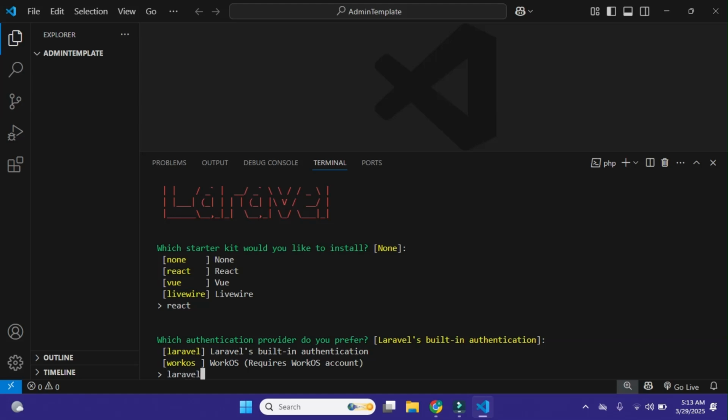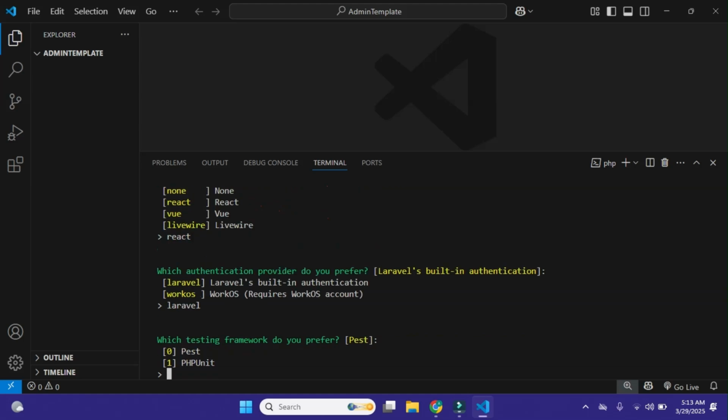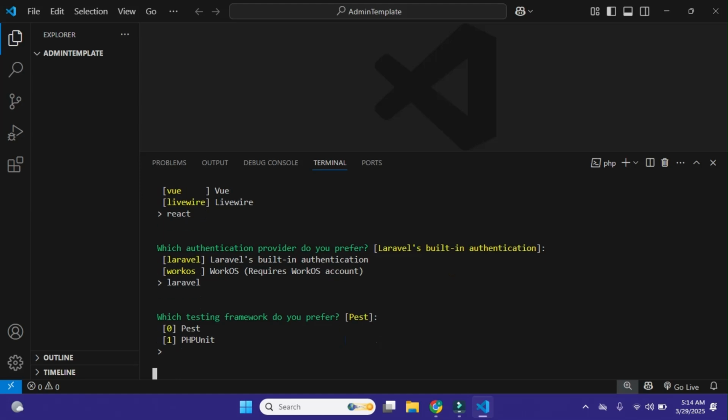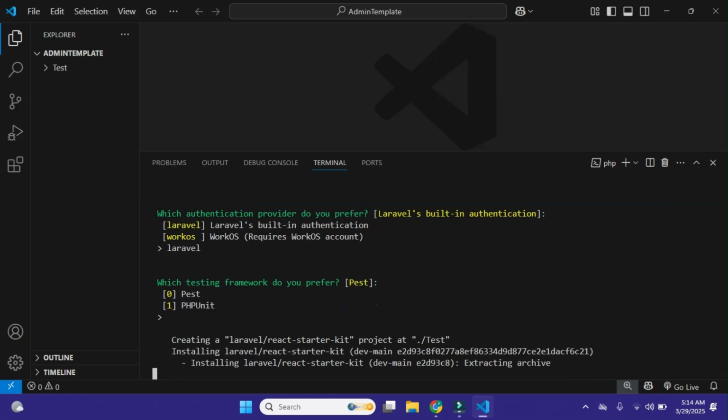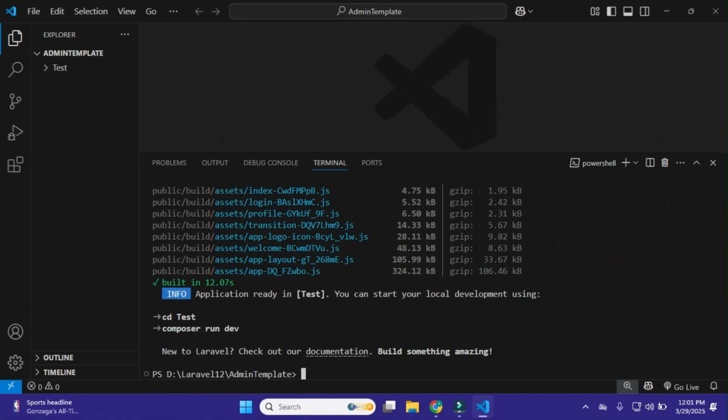So I'll write here Laravel and click on enter, and we don't need any testing for now, just click on enter, and now it will create our project within 2 or 3 minutes. And when the project is created, then we can start working in it. Here you can see my project is now created successfully.